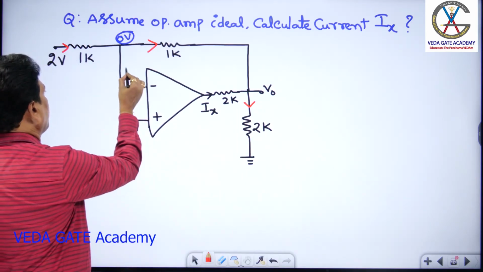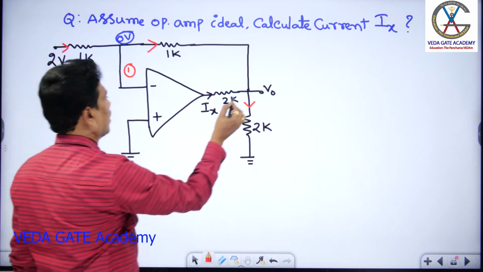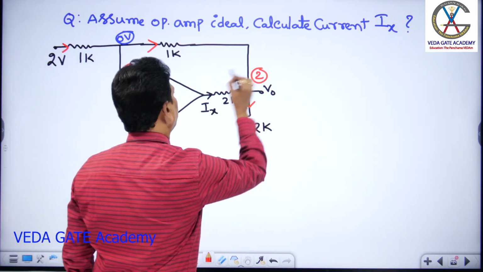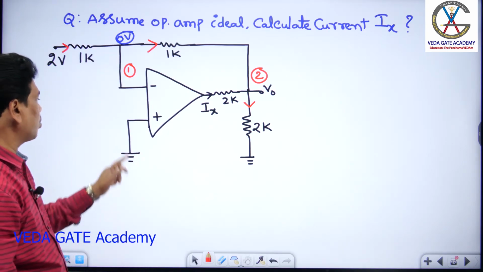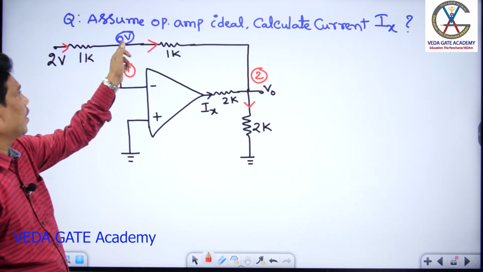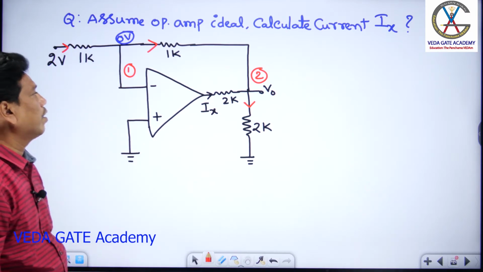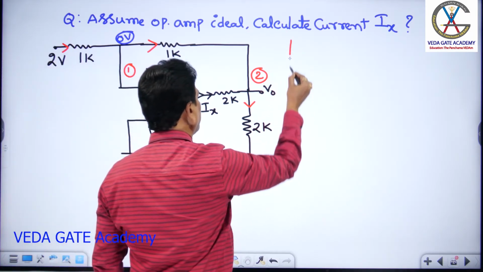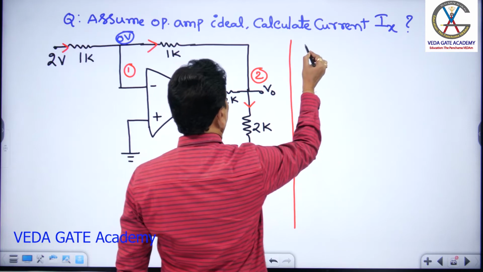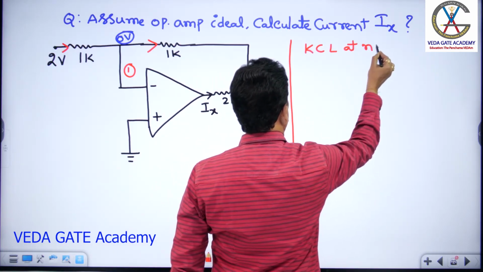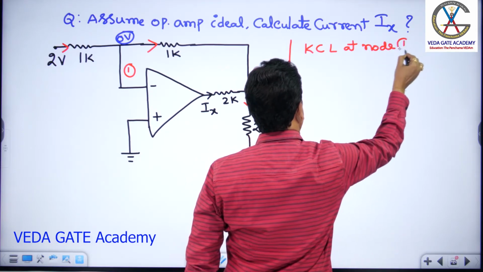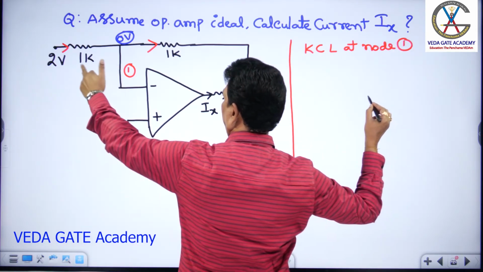Now I can call this node 1, and this output node, node 2. So now I can go for KCL at node 1. Using virtual ground, the voltage is 0, and the other node is also 0. I will check KCL at node 1 first. If I apply KCL at node 1,